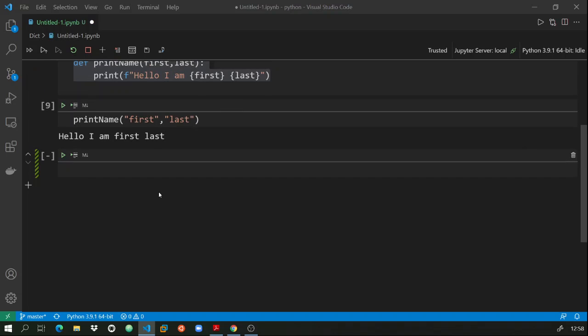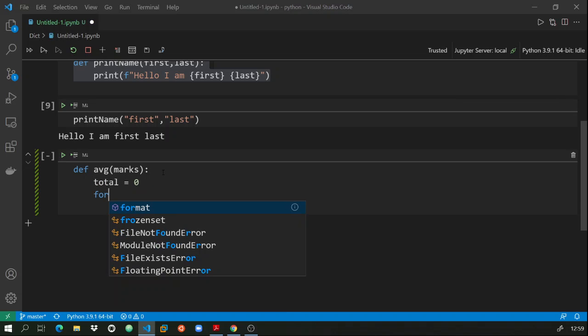But a situation might happen where you don't know the number of arguments that we are passing to a particular function. For example, let us create an average function, avg, that takes multiple arguments and prints their average. I'll just show you how to take that. We have declared a variable name, marks, and we take multiple inputs for that marks and we print the sum. So let's do sum equals 0. No, take total equals 0. Now we can just loop over this marks.